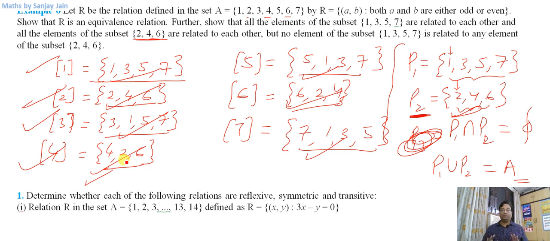Similarly, 3 will be related with 1, and this is something we have shown here also. Right? I hope if you have listened to my equivalence class lecture carefully, you know what I am trying to convey here. Okay, I hope this lecture gives you some clarity about equivalence relation, equivalence class, etc. And in the next lecture, we will start exercise 1.1 of relations and functions, class 12.